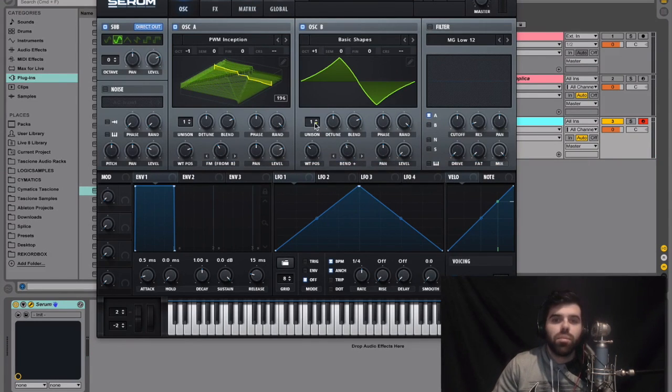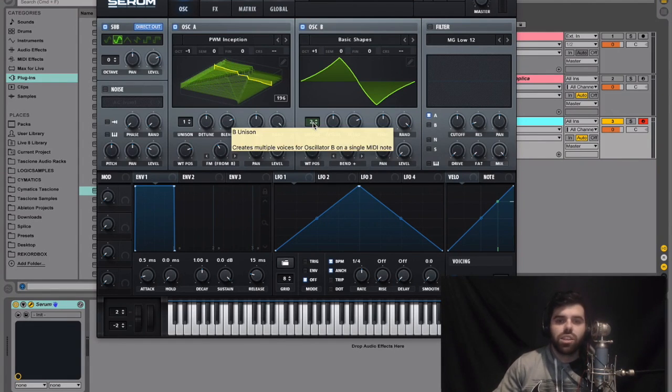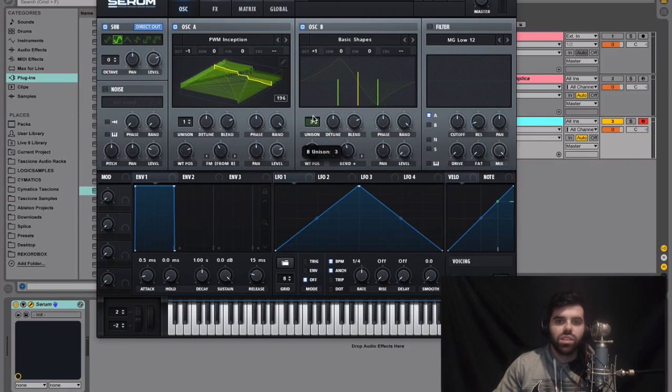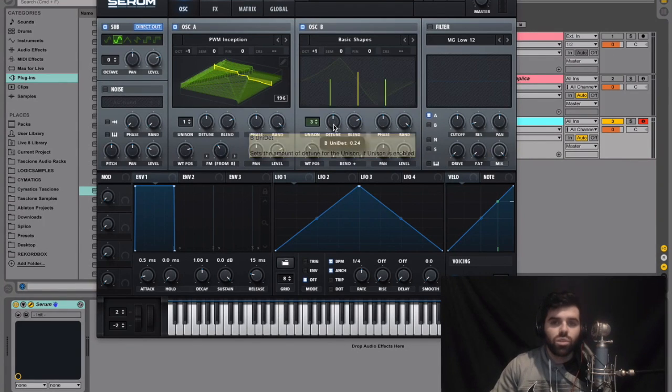And we're also going to bump up the unison to 2. So right now the unison's at 1, which means that only one voice is playing and it's completely in tune. If we bump this unison up to 2, there will be 2 voices and neither of them will be in tune. I like to explain this by, if I have 3 voices, the one directly in the middle, the yellow one, is completely in tune, and the 2 green ones on the outside are out of tune. The one on the right is a little bit higher, and the one on the left is a little bit lower.